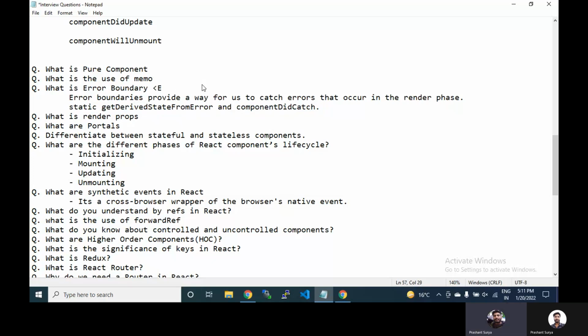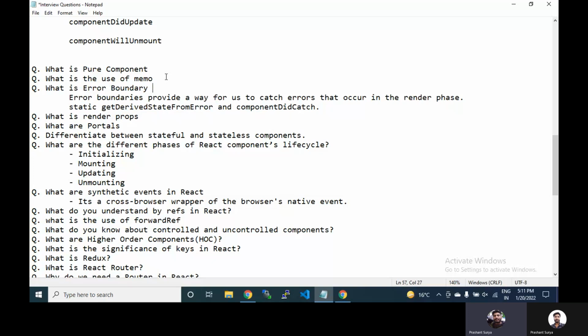Let's suppose the error boundary is this one, and we have some component on which we have to keep watch for errors. So here we have the component. We have a normal component, functional component or class component, and this will be the error boundary component, and we will use these two hooks inside this error boundary which we create.